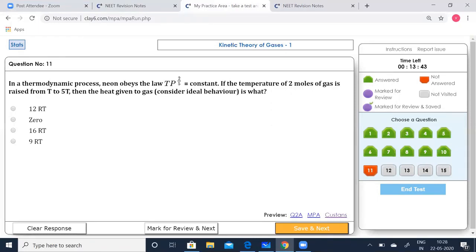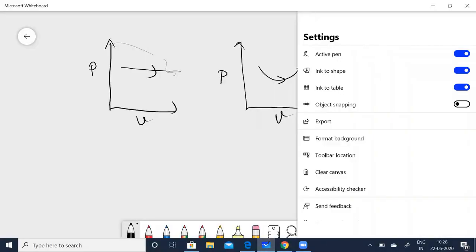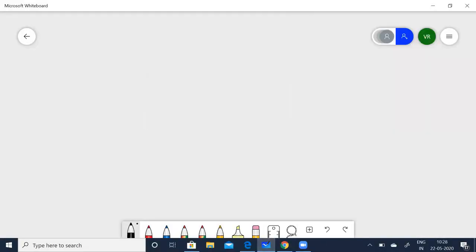So the process can be repeated. Again, let me draw the graph so that you'll understand. Now you can see the process can be repeated in any one of the following ways, where the pressure increases and then decreases. So volume need not necessarily increase. So the decrease is now going to be a constant. So that means you can draw the graph. So either it is now going to be this way, or it can also be this way.